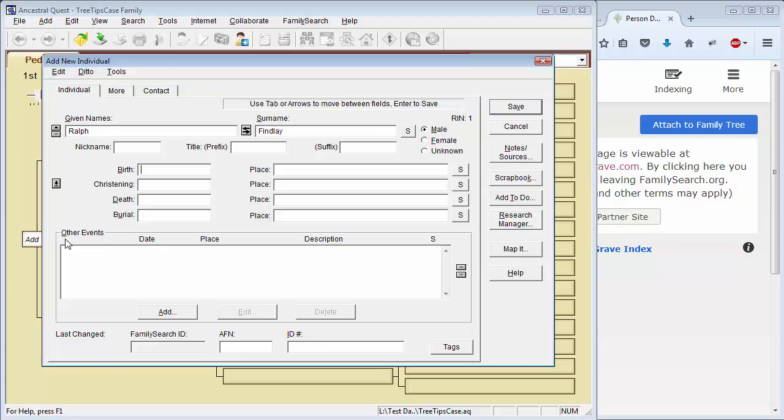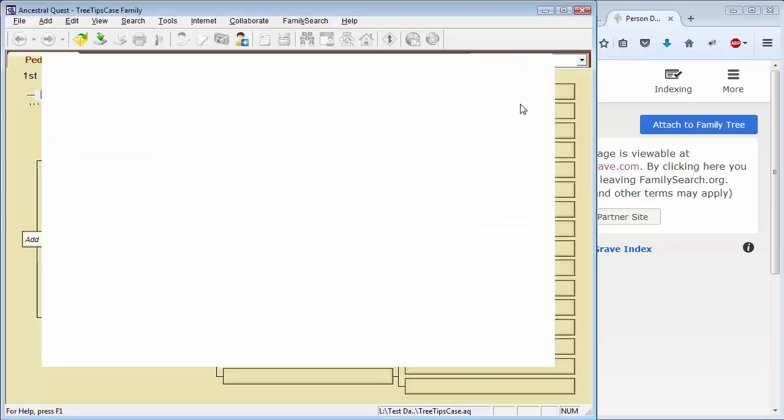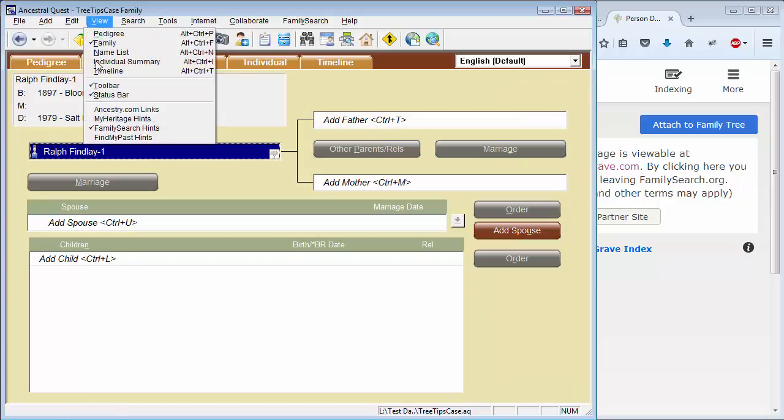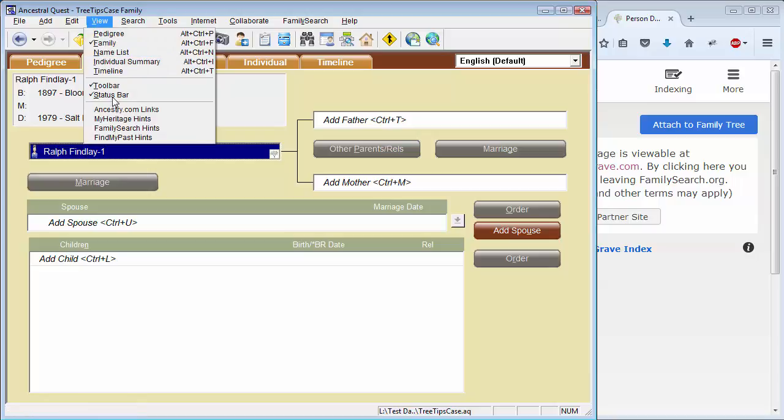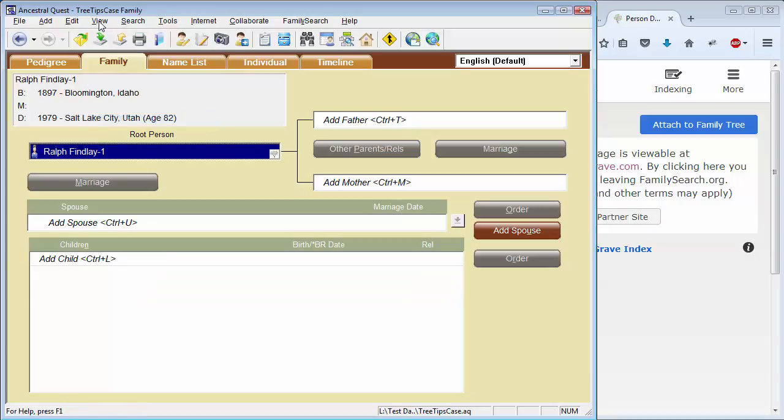Findlay, who I don't remember exactly when he was born, but I think it was about 1897-ish. I believe it was in Bloomington, Idaho. And he died, I believe, the year I was married, which was 1979. In Salt Lake, Utah. So that's what I know of him. Let me adjust which hints I want to be working with. I've not yet hooked up to Family Search, but let me turn on MyHeritage and Find My Past for